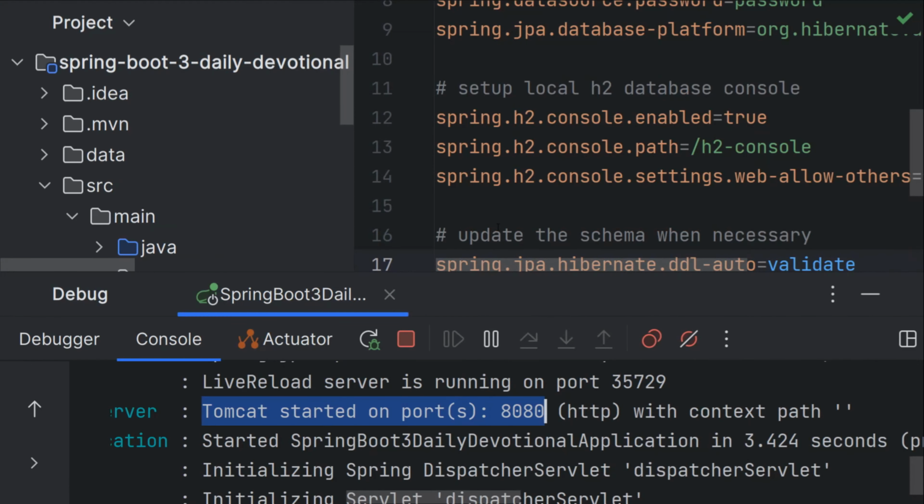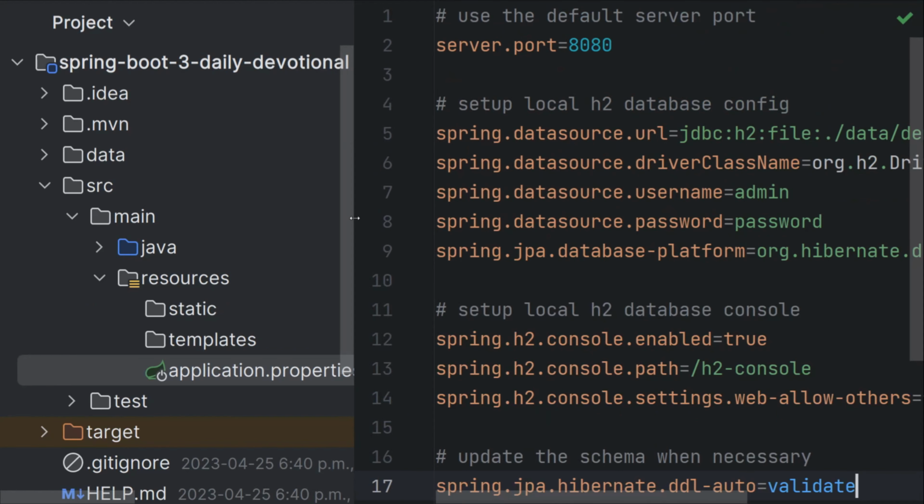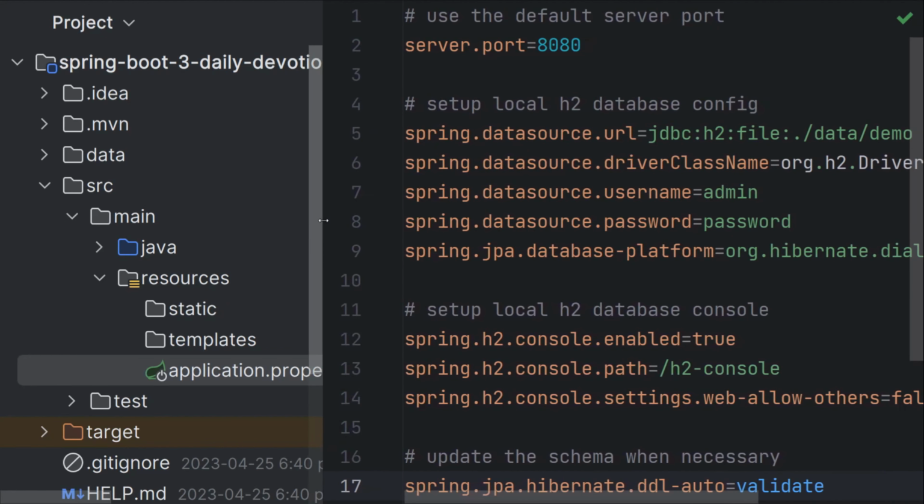Okay, so you can go ahead and stop the application for now, and let's get that out of the way so we can make this a little bit easier to read. So what we're going to do is set up our backend. Basically we're going to be storing our daily, I'm calling them daily devotionals, but your daily items, whatever they may be. So I'm going to be creating an API service through Spring Boot, which will help with deciding which daily devotional to be passing forward to the front end